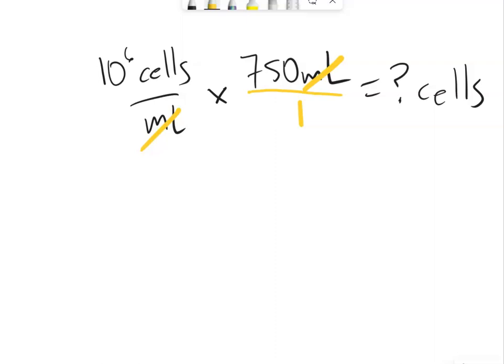The question is then, how do we do this math? And what I'm going to do is convert both of these two things we have to multiply together. I'm going to convert them into scientific notation. So that's going to be my first step. So 10 to the 6th, to convert that into scientific notation,